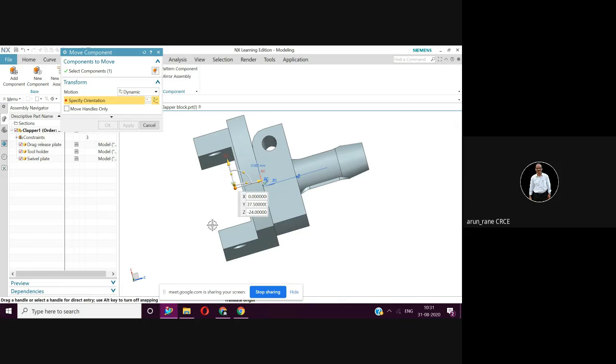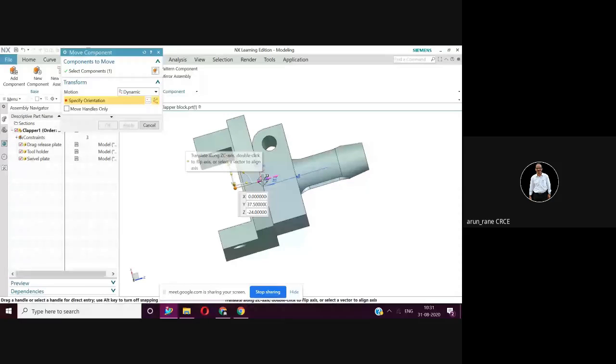So now you have 6 degrees of freedom. You know 6 degrees of freedom how? Totally 12 if you consider plus minus. So x, y, z, that is linear, and then rotation about 3 planes. That is xy, xz, and yz. And if you say x plus, x minus, y plus, y minus, z plus, z minus, and then rotation along xy, clockwise and anti-clockwise. So like that you will get 12 degrees of freedom. Okay, so we will now move this component.